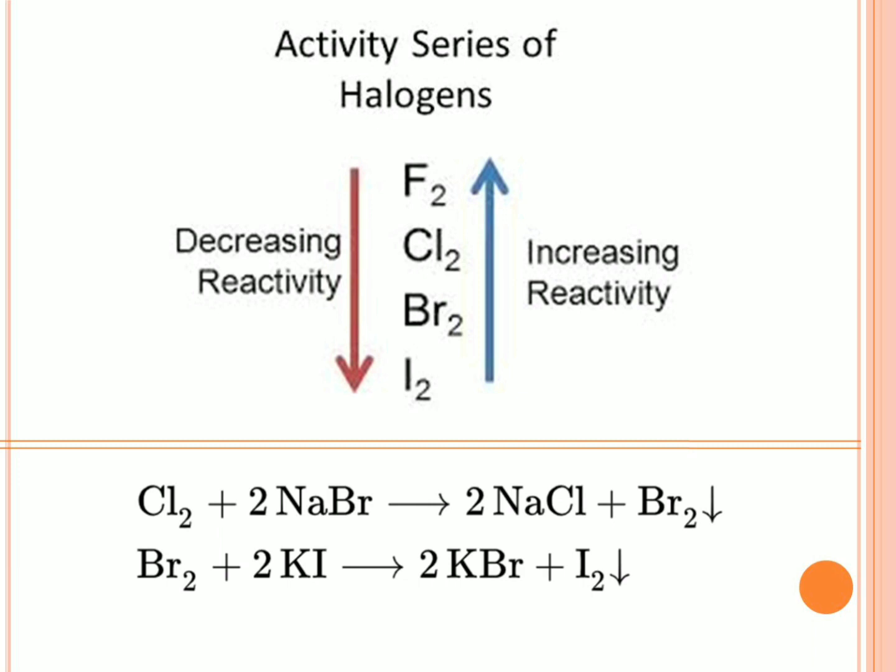Like metals, we also have the activity series for halogens, in which the reactivity of halogens goes on decreasing in the order fluorine, chlorine, bromine, iodine. और इसमें भी यही मेथड अप्लाई होता है कि जो ज़्यादा रिएक्टिव हैलोजन है वो लेस रिएक्टिव हैलोजन को कंपाउंड में से डिस्प्लेस कर सकता है. Let's check two examples. Here in the first example, chlorine displaces bromine from sodium bromide because chlorine is more reactive than bromine as it is placed above bromine in the activity series. And similarly you can explain the second example also.